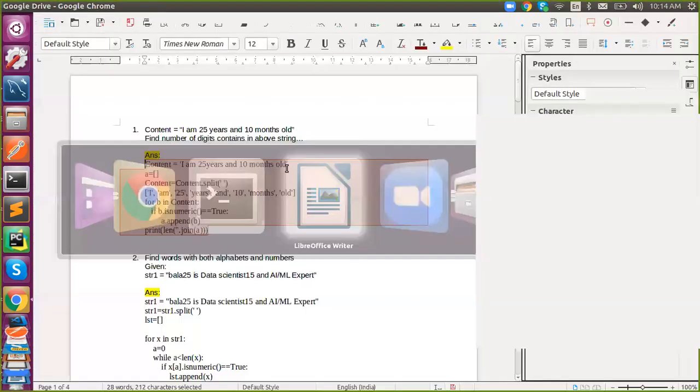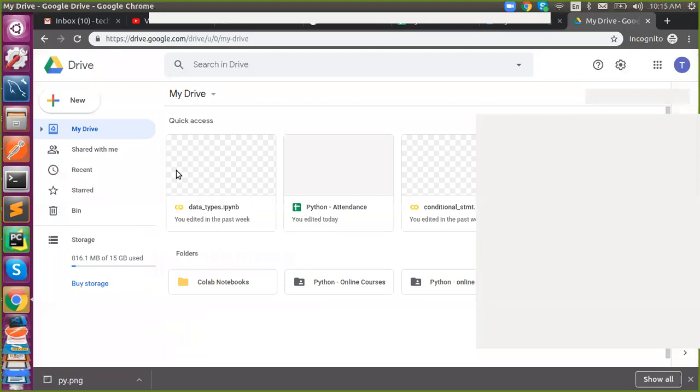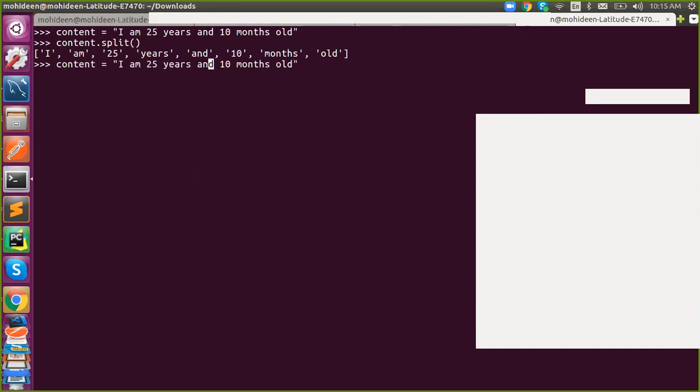So here is my string. What he did was he just split it into words, and he is iterating over it. So what happens in case my string is a combination of this?